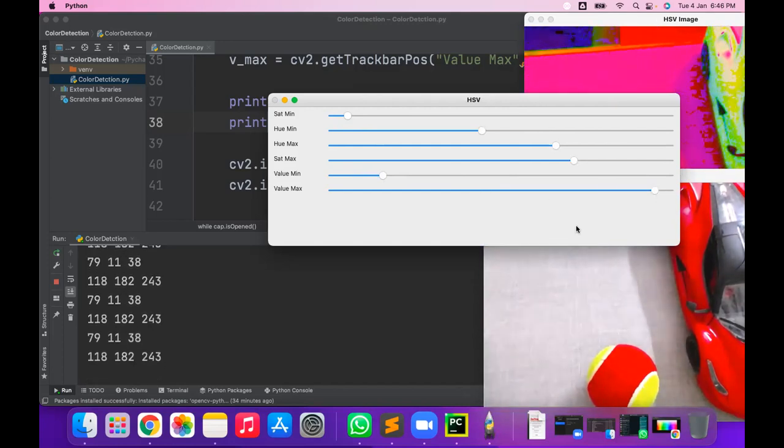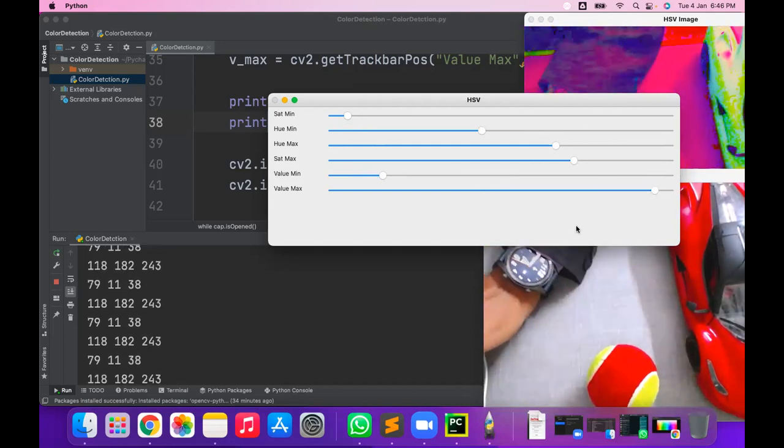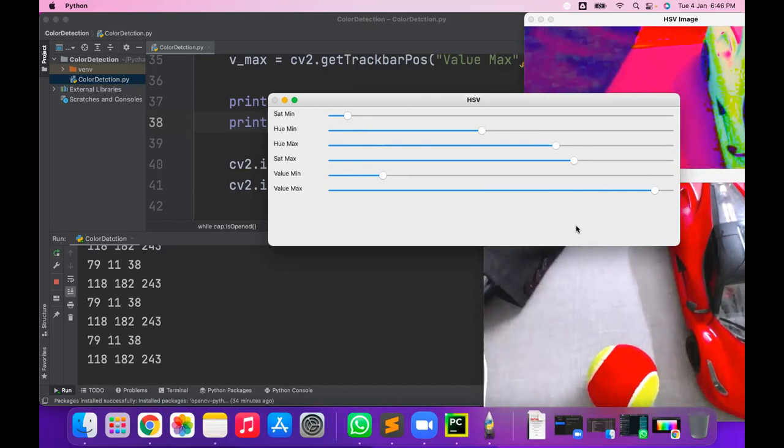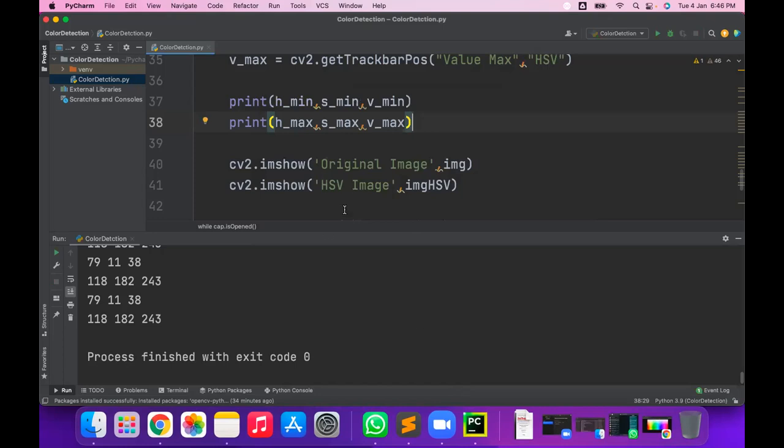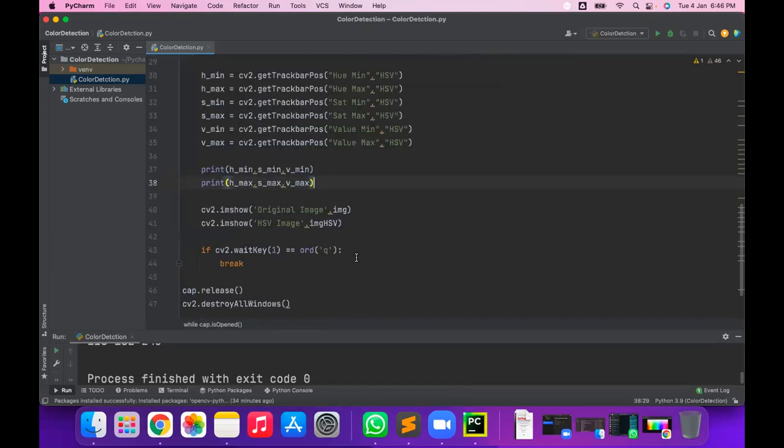Yes, students, are you getting this? Are you getting these values? Type yes in the chat box. If you get this value, yes, Shiva, Aditya, Tushar, if you are getting these values, type yes in the chat box.